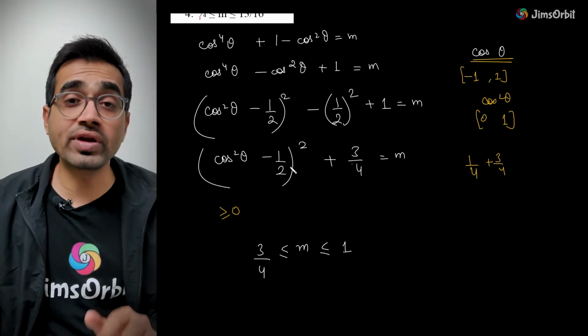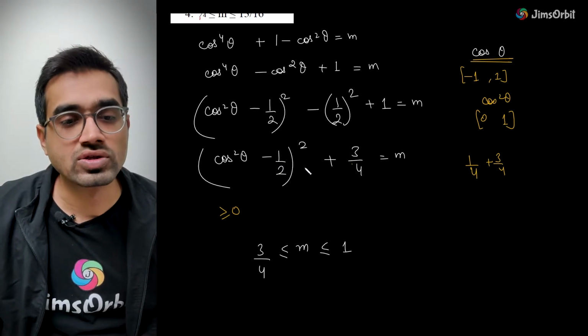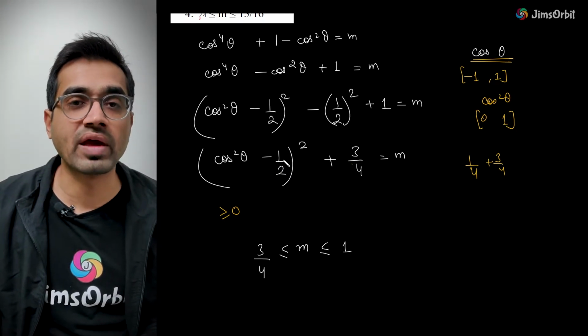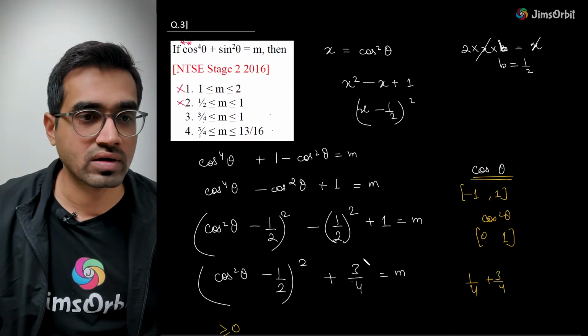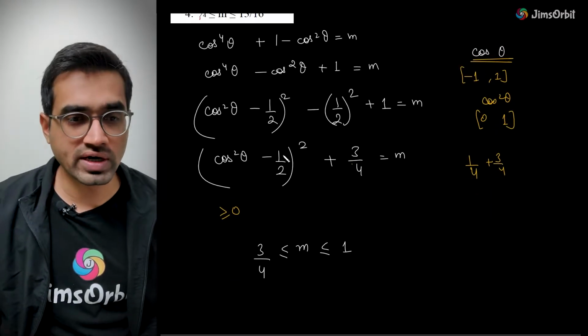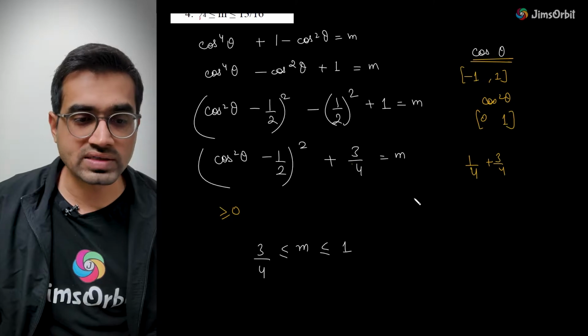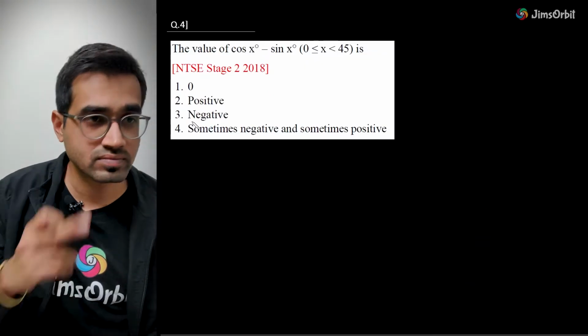Correct. So I need to take the maximum value. So 1 by 16 is less than 1 by 4 and hence this is the trouble. So we are running on to the maximum value for 1 by 4 only for this whole term. And that's why the maximum value is coming out to be 1. Okay, that's the answer. Fine, I hope you understood it. So now let's take the next one. The option number C is correct, and let's move to the next one.